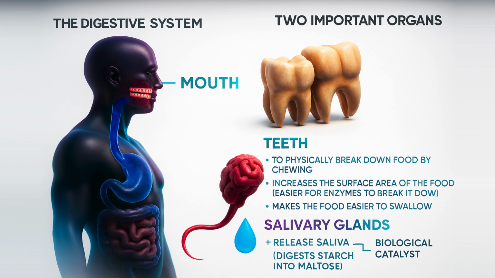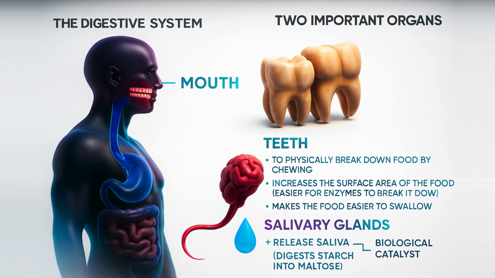Inside the mouth, the teeth perform mechanical digestion by physically breaking down food into smaller pieces through chewing. This increases the surface area of the food, making it easier for enzymes to act on it later. Alongside the teeth, the salivary glands release saliva, a watery fluid that contains the enzyme amylase. Saliva moistens the food to help with swallowing and begins the chemical breakdown of starch, a complex carbohydrate, into simpler sugars like maltose. Amylase, like other enzymes, is a biological catalyst, meaning it speeds up chemical reactions without being used